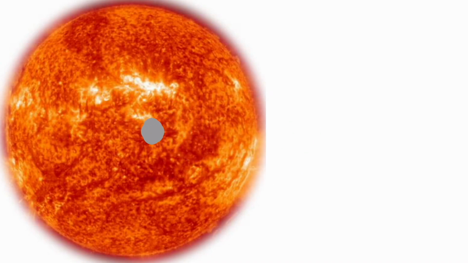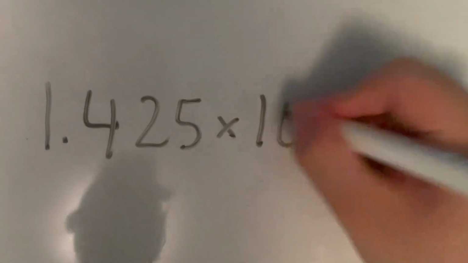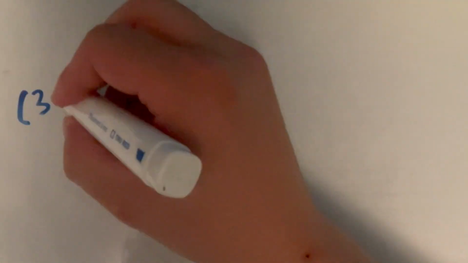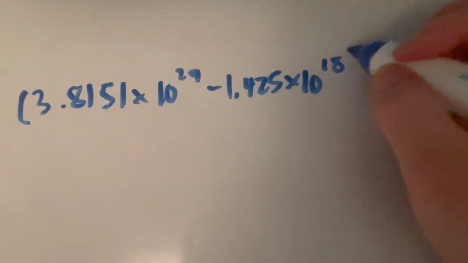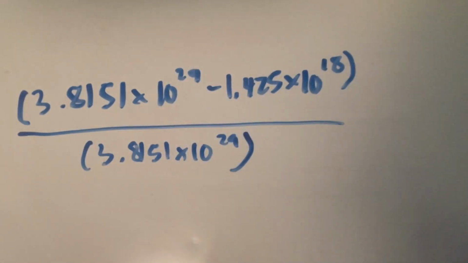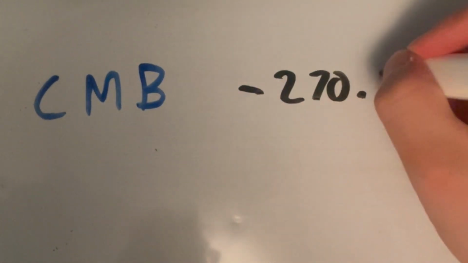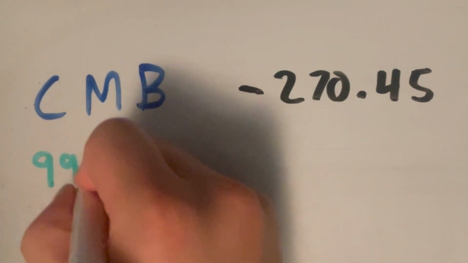Collectively, the area of all the planets and Sun amounts to 1.425 times 10 to the 18th kilometers cubed. Of course, this doesn't account for the area that the corona takes up or any moons or other astronomical objects. Nevertheless, we will use this value to then calculate the remaining percentage, that being given by the cosmic microwave background of negative 270.45 degrees Celsius. That leaves approximately